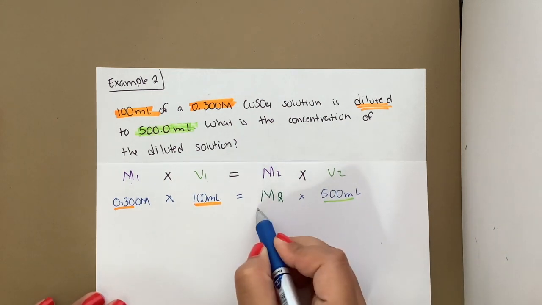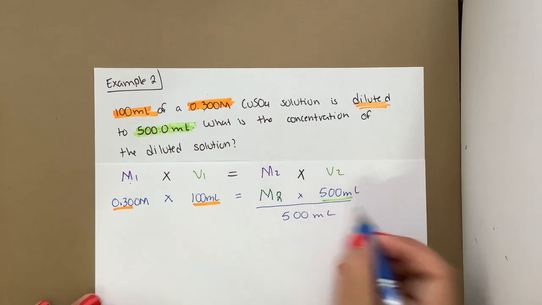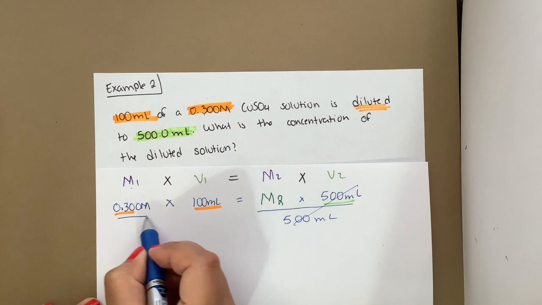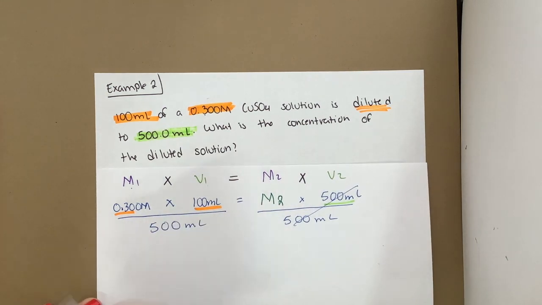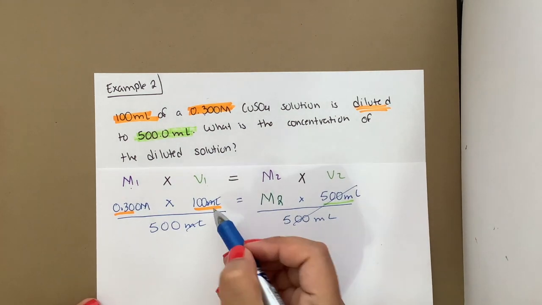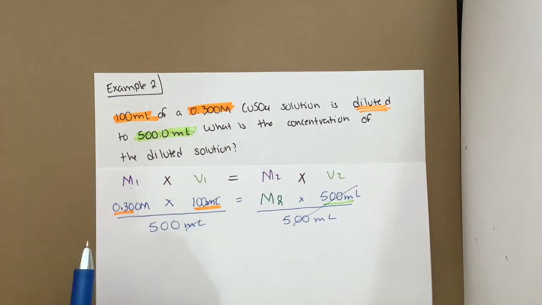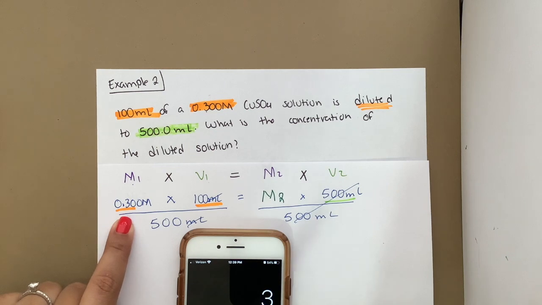So what I'm going to do is divide both sides by 500 milliliters. They cancel each other out here. Whatever I do to this side, I must also do to the other side. Notice how the milliliters units cancel out. That's why it doesn't matter if it's in liters or milliliters, as long as they're both the same. So now I'm just going to get my calculator, do 0.3